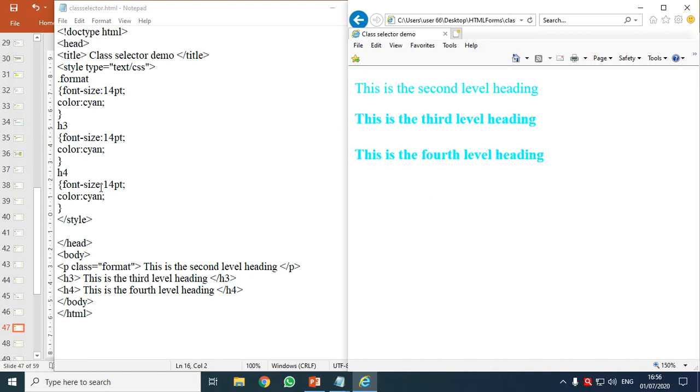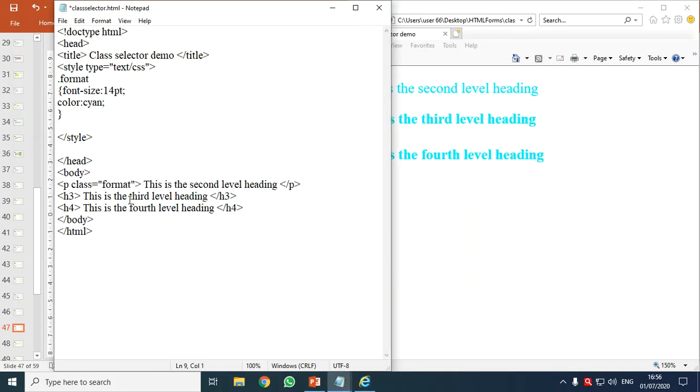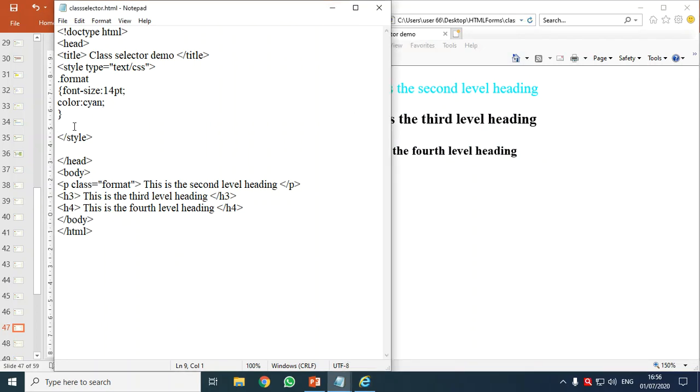But what happened? The size of the code increases. We can avoid this. How? Instead of doing all these things, Control S, first I'll refresh and show you. Okay, instead of doing all this, I will write here class equal to the same name, format. Okay, same. I'll copy this, Control C, Control V, Control S and reload.